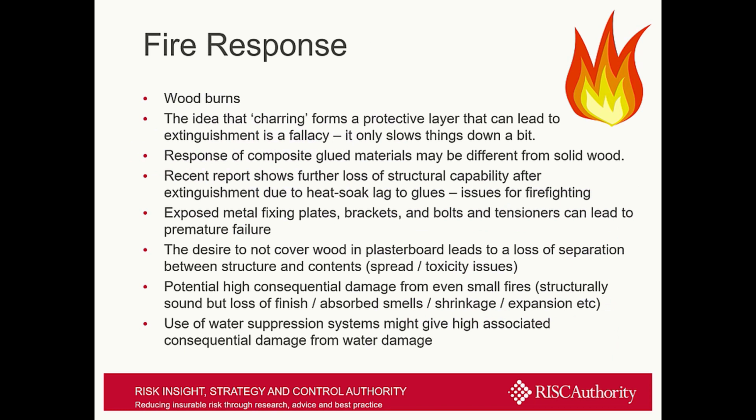The fire response challenges of high-rise buildings using these methods are many. Obviously wood burns, and there is a great tendency to overplay the role that charring plays in the protection of the structure. Whilst charring can delay failure, the fire is not extinguished, and most tests end with a hose being used. 40 stories up, or in a hidden void, we need to consider what takes the place of the hose